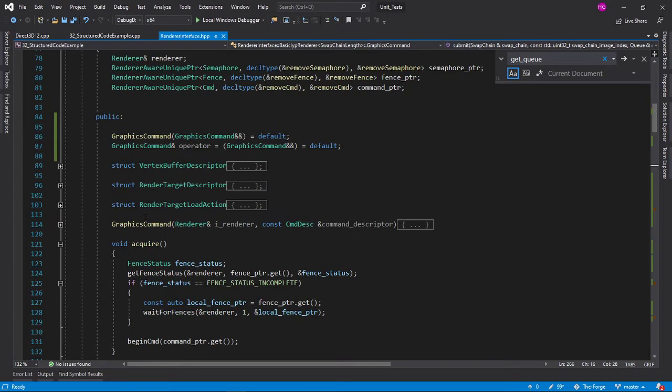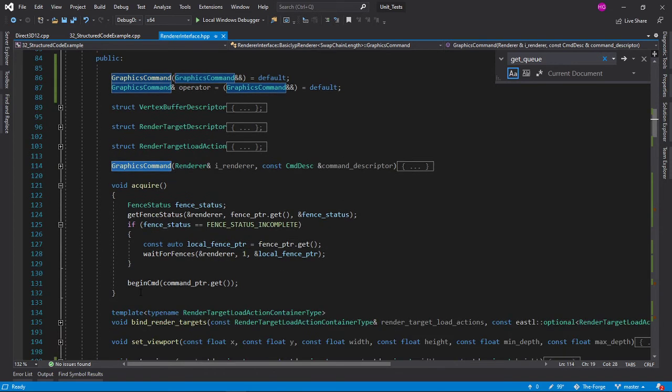However, I need participation from graphics command. What I mean by that is that there would be a single ID here, a uint64, so that I can make sure that we're not going to wrap around. Alright, and then what I would do is each time that I would, you can't actually do that. I don't know, because